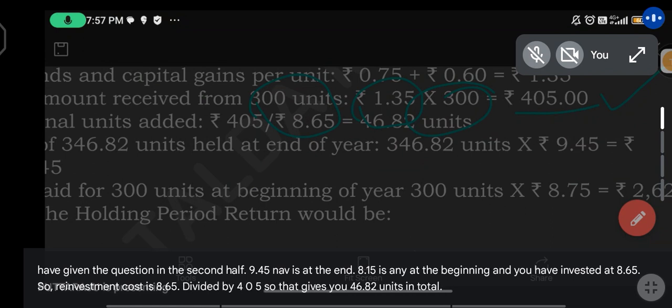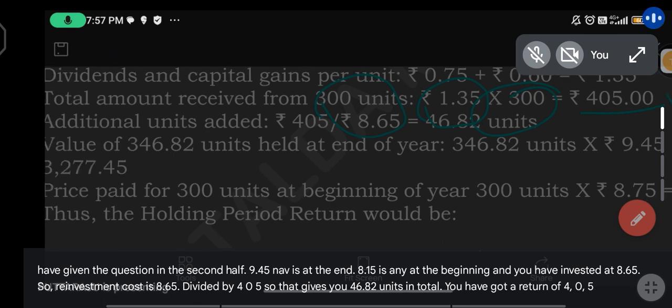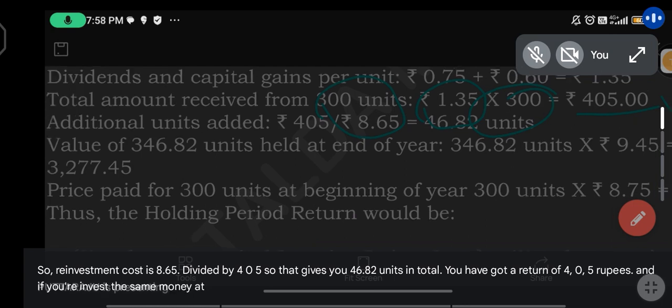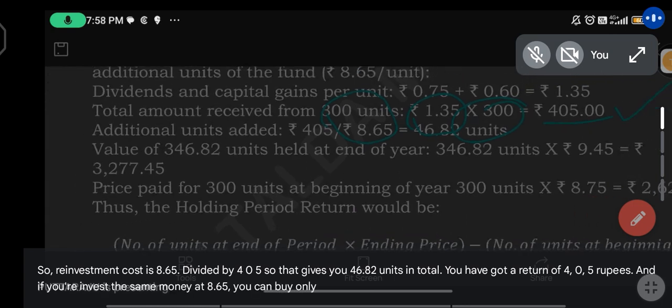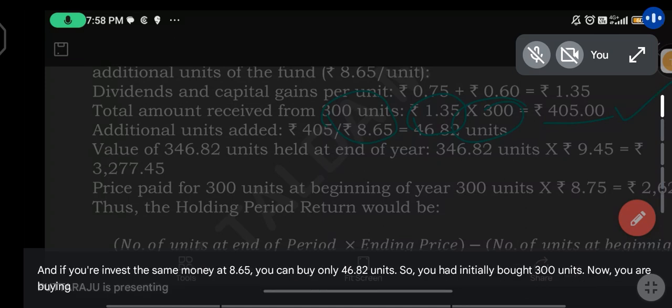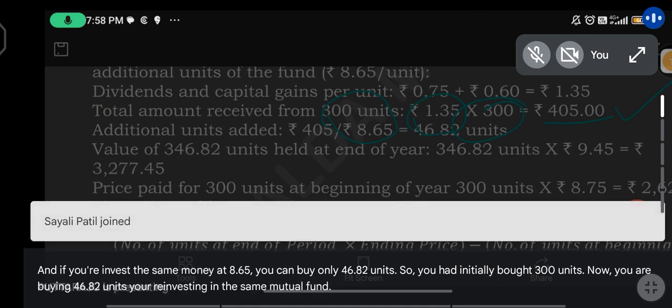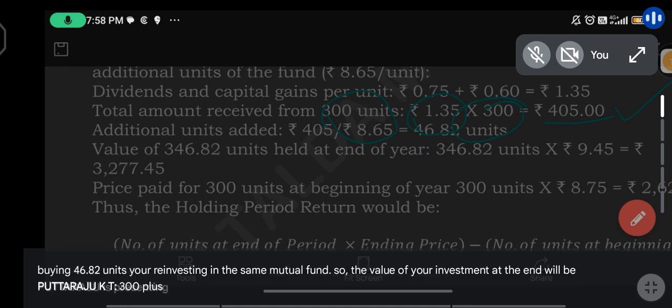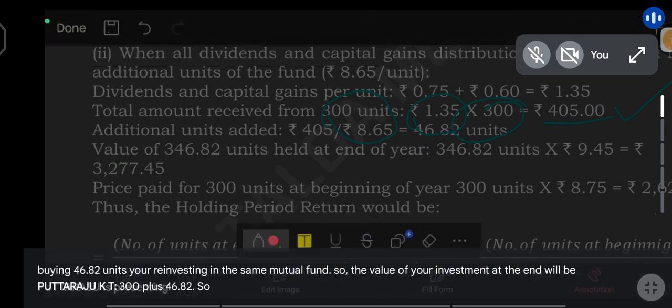And you have got a return of 405 rupees. And if you reinvest the same money at 8.65, you can buy only 46.82 units. So you had initially bought 300 units. Now you are buying 46.82 units. You're reinvesting in the same mutual fund. So the value of your investment at the end will be 300 plus 46.82, so 346.82